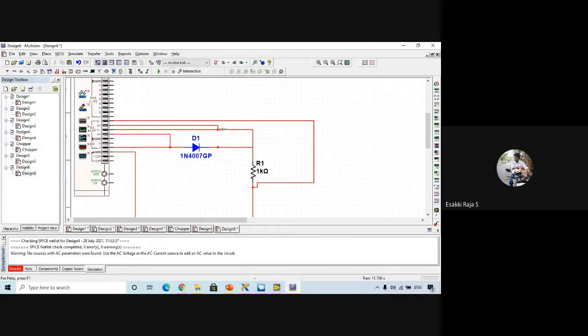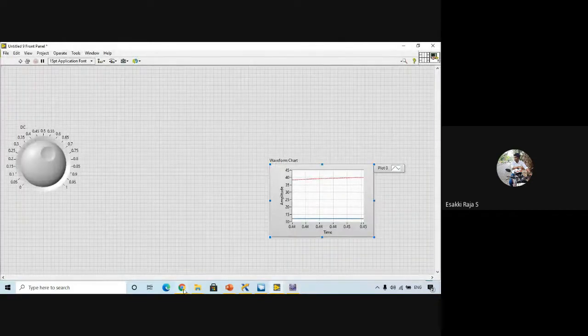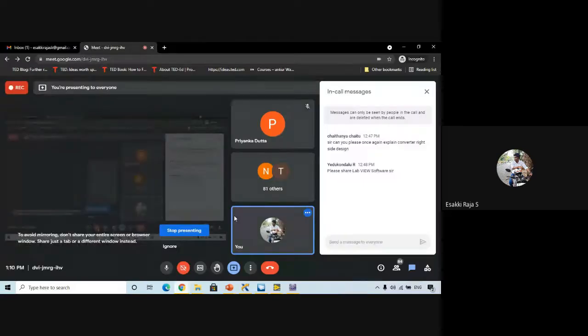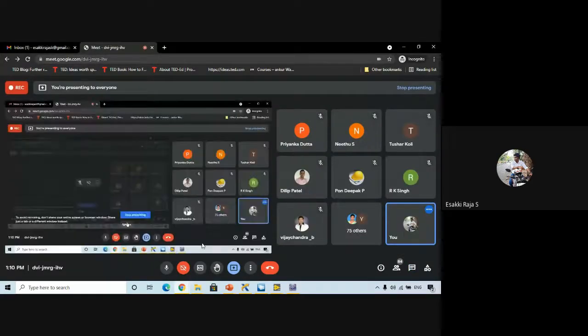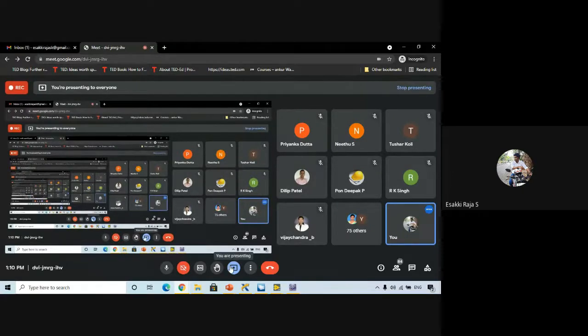The same connection I'm going to provide in my circuit also. I'll remove my existing circuit. I can show you in the cam. That is not a big issue, but I'm going to design the same circuit. I can just enable the camera.